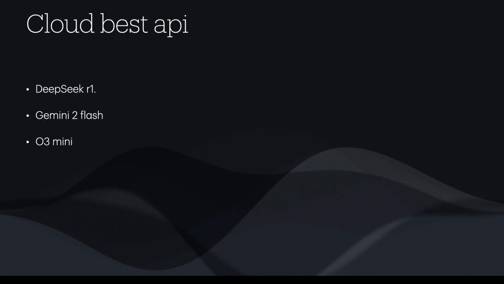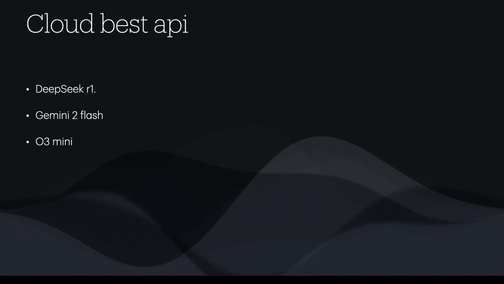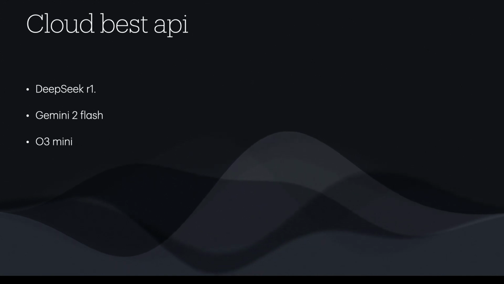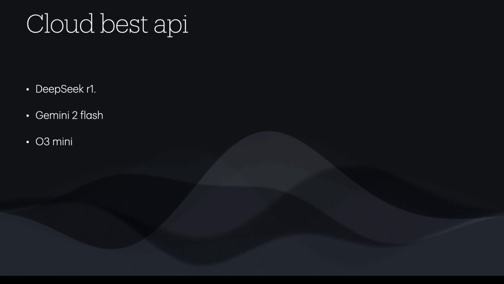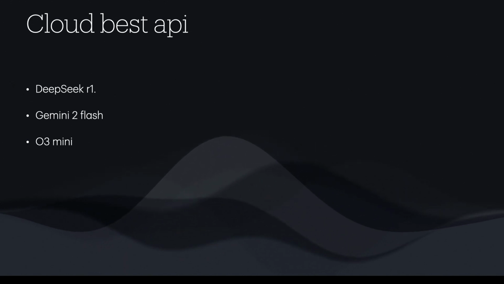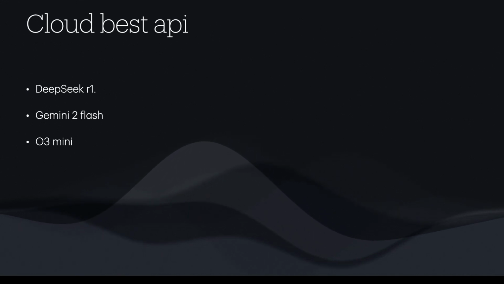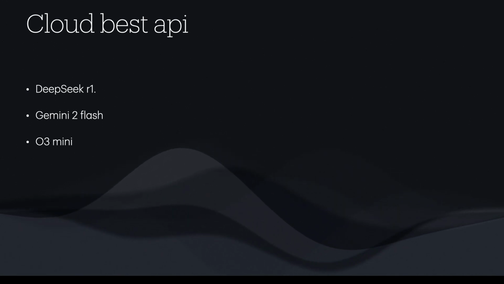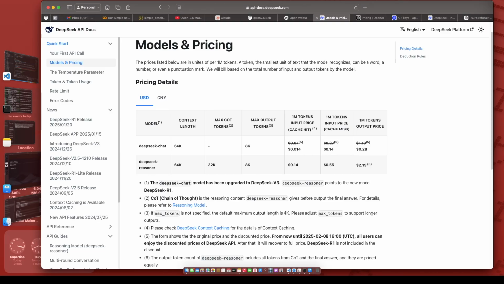So if you're looking at the offering from cloud API providers, we are getting really good performance. And if you're looking at the best models we have, the top 3 are DeepSeek R1, the reasoning model, Gemini 2 Flash, which is for free, and O3 Mini, which was released recently, today. If you're looking at the newest model from DeepSeek, we're getting a relatively really good price. You're looking at about $1 for a million tokens,